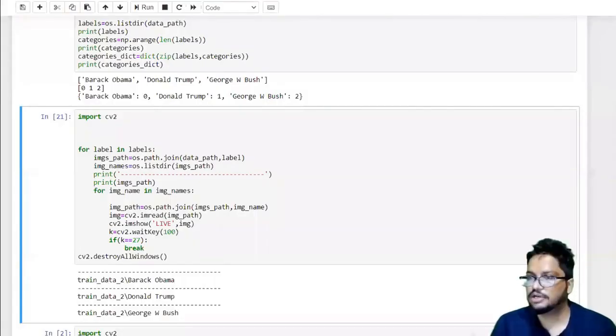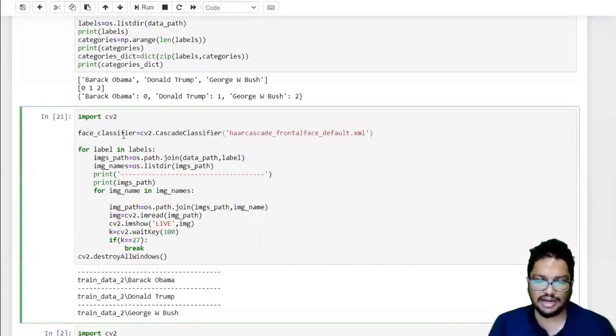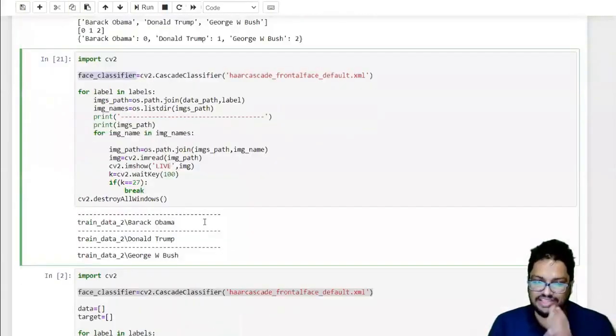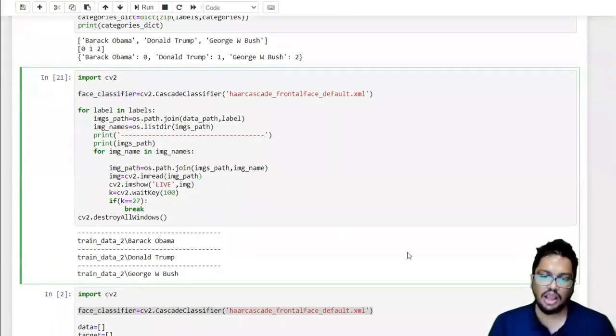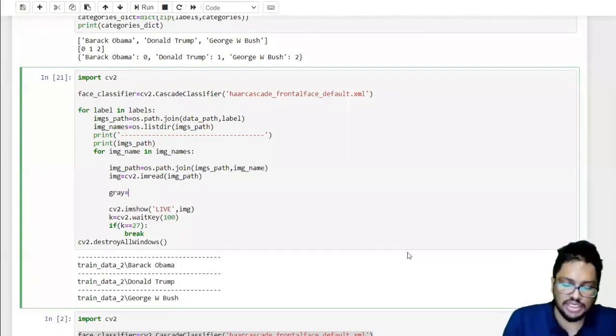This is the code that you are going to use to load that face classifier. Before doing that, these cascade classifiers work with gray images, not color images. The images that we have are color, so we use the convert color function, as you can remember from our tutorial. We convert this image into a gray image. It can be simply done using cv2.cvtColor, and you have to provide the color flag